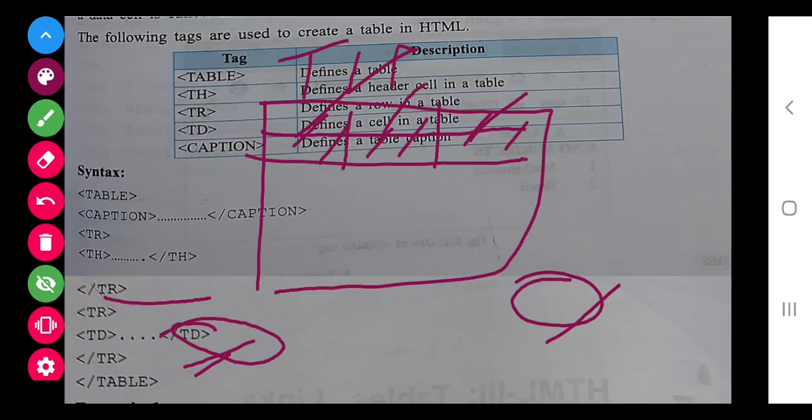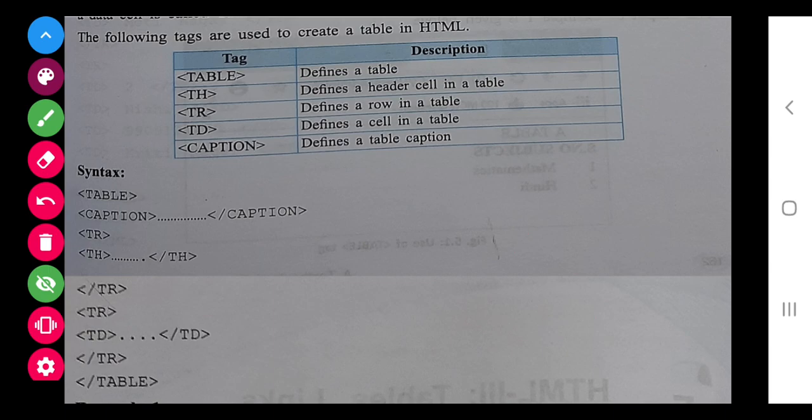Now see, these are the tags. Table, to define a table, and th is for table heading. If you want the heading as dark, then you can use th, otherwise you can use td also, that's not a problem. Now tr is for table rows, td table data.